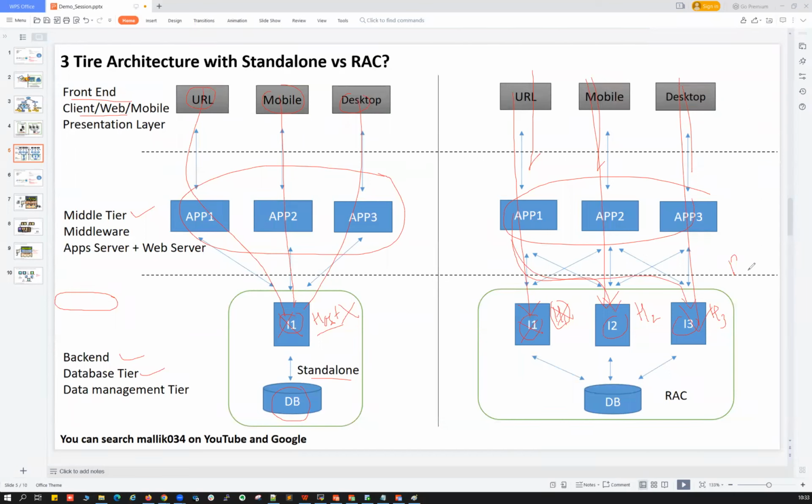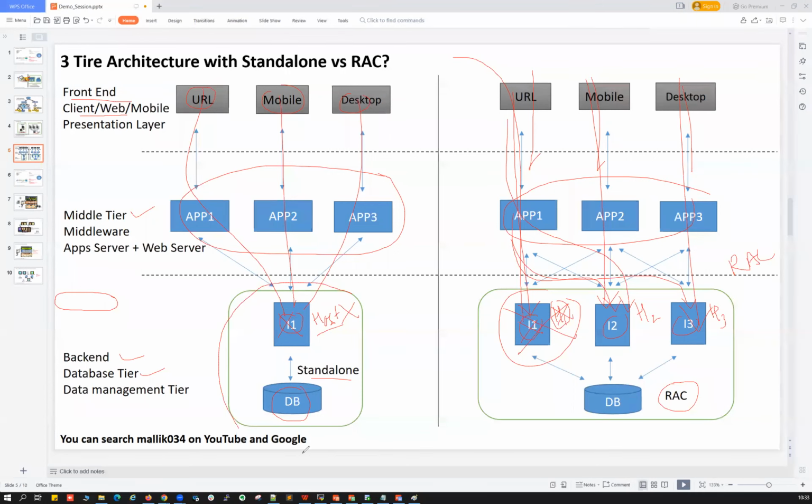That is your RAC feature, Real Application Cluster. So high availability, or transparent application failover. If the instance or server or host I connected to goes down, my connection automatically goes over to any of the other instances. That is called TAF, transparent application failover, and it is available in RAC. That's the use case of RAC. RAC is mostly used in enterprise business because of this high availability and transparent application failover. That's the difference between standalone versus RAC.